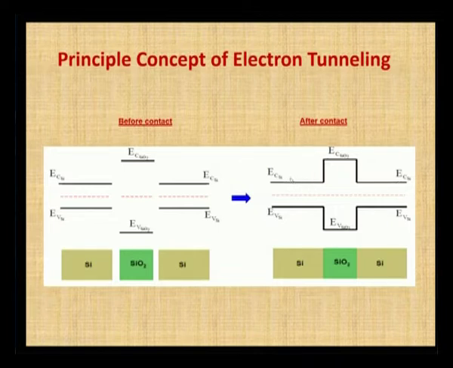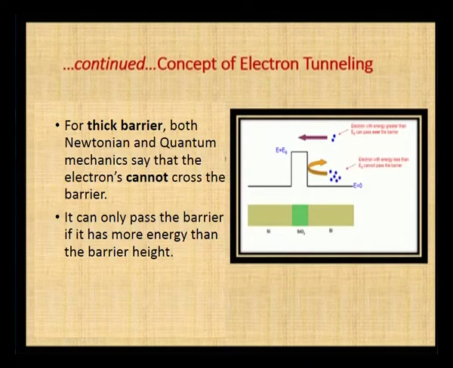After contact, it looks like this. The conduction band comes in this line and the valence band looks like this, but there is a tunnel in between the P and N regions. When they come in contact there is a tunnel, we can observe this. The conduction band rises above, and the valence band comes below, from the P and N regions. So, from Newtonian and quantum theory, the electron cannot cross this barrier,